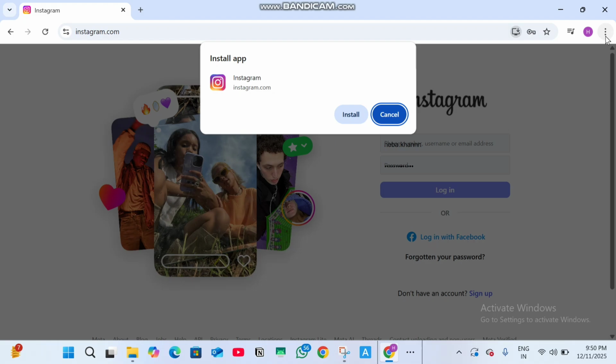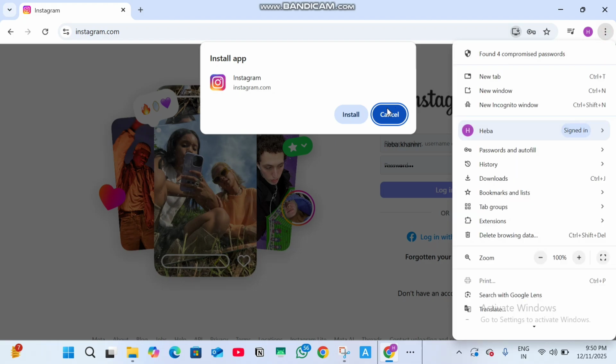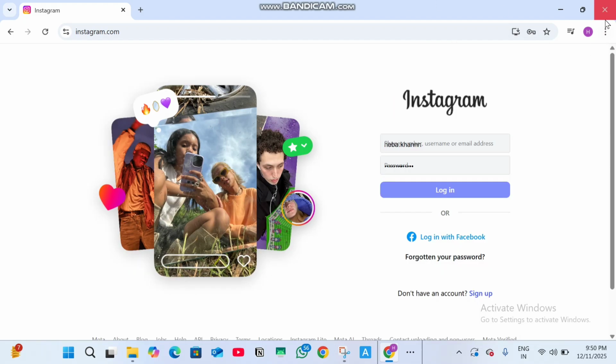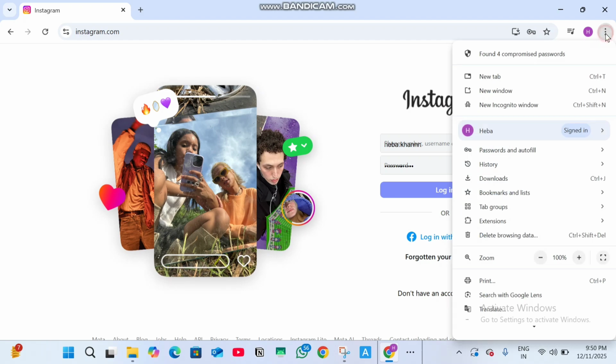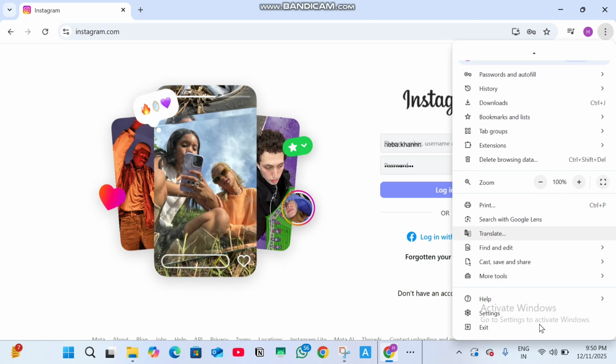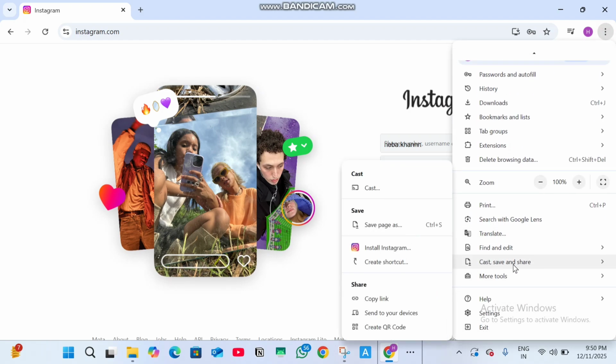Just click on these three dots. Scroll down and tap on this: cast, save and share, and here is the option install Instagram. Click on it